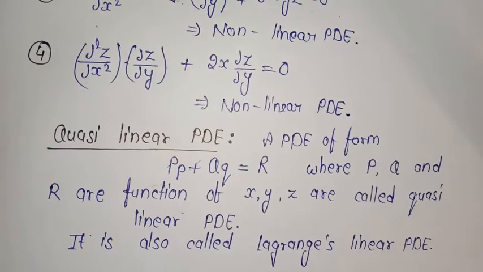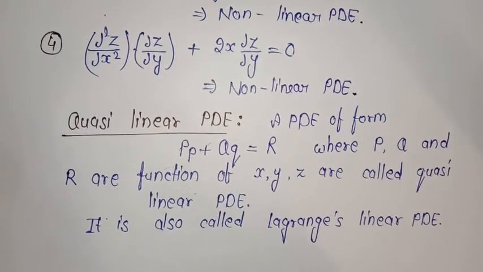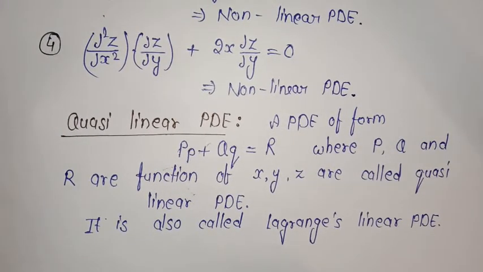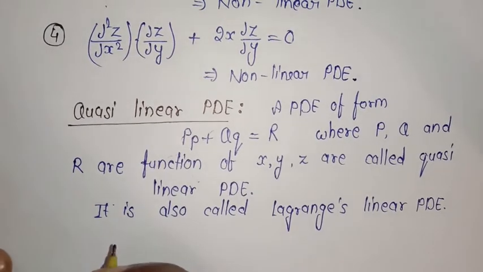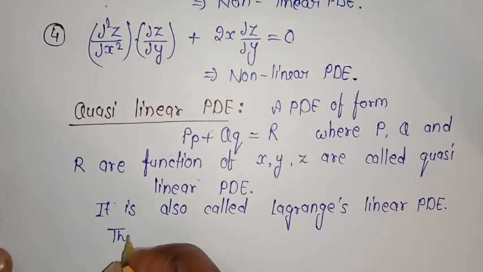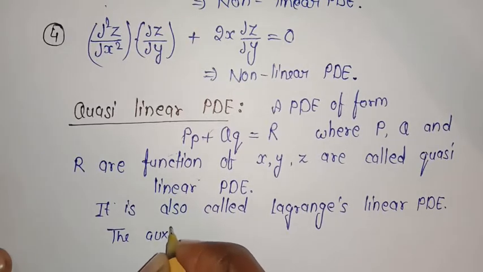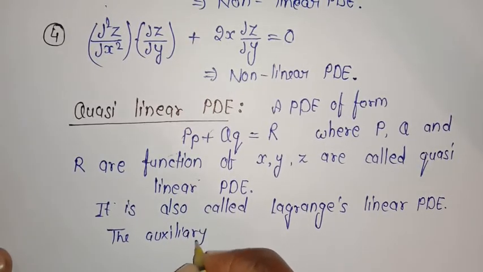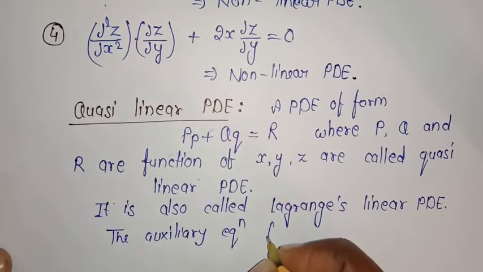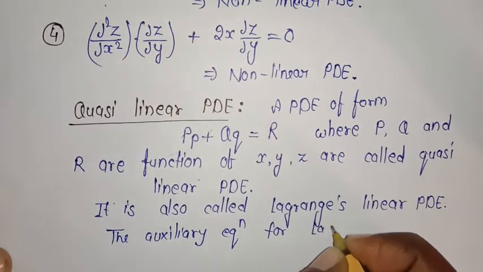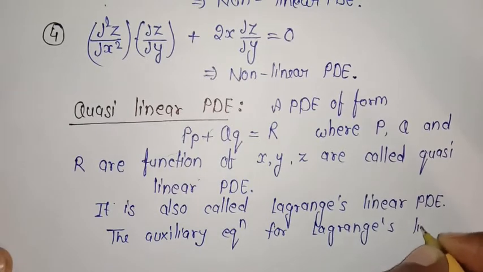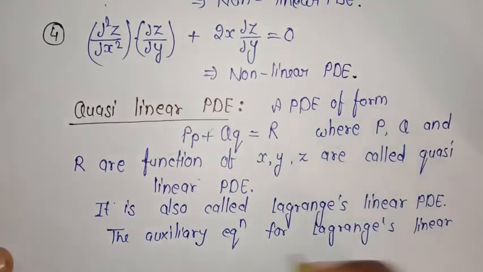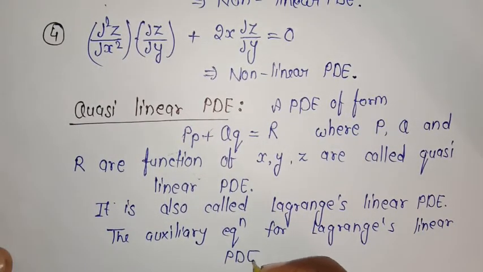It is also known as Lagrange's linear PDE. In order to solve such a Lagrange's linear PDE, we write the auxiliary equation first. So the auxiliary equation for Lagrange's linear PDE is given by,